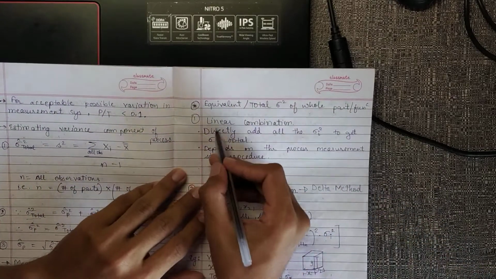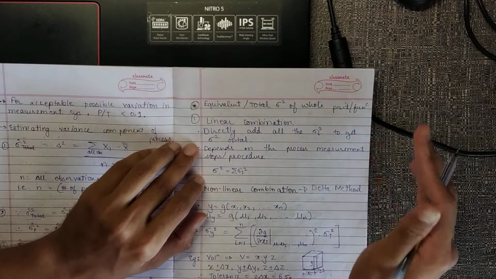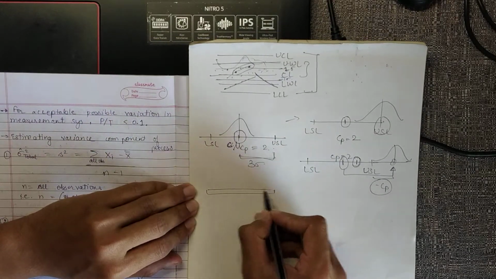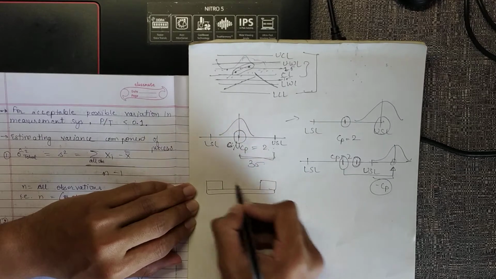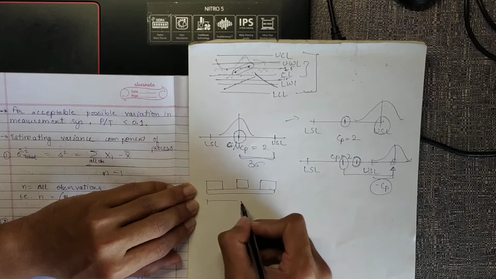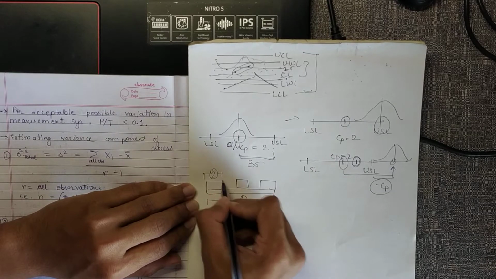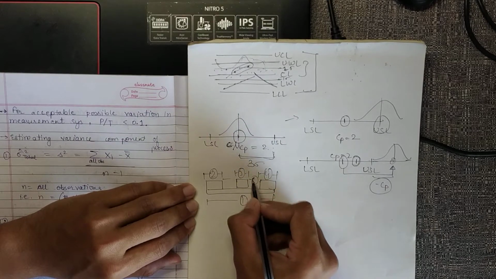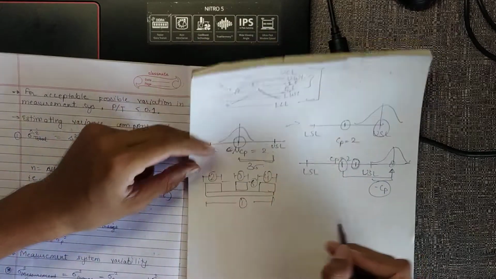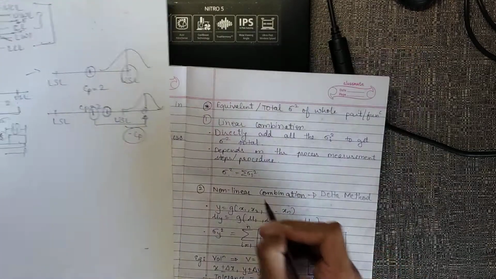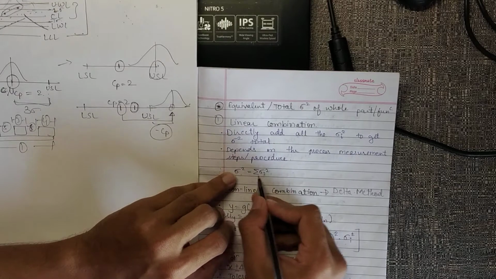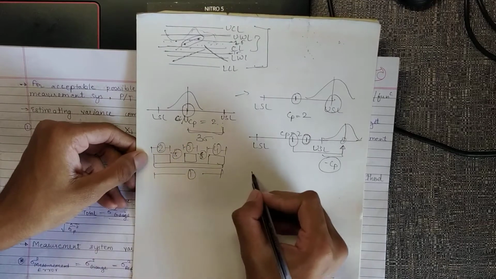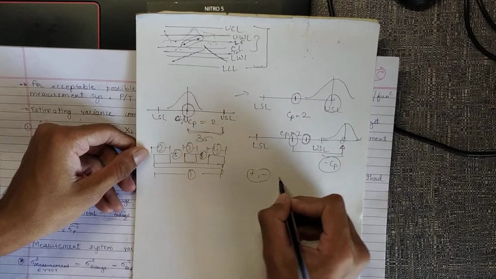So for the assembly, if the assembly has linear combinations of parts, then it is something like this. If our part is this length and we have cut out 2 parts or 3 parts, then there is one measurement, then a second measurement, then a third measurement, and then a fourth measurement, and the extra left thing will be the fifth measurement. So if we are measuring 1, 2, 3, 4 and we want to figure out the standard deviation of the fifth, then what can we write? The standard deviation of the fifth will be the summation of the standard deviations of 1, 2, 3 and 4, which is linear because these are lengths and these lengths will be either added or subtracted. There will be no multiplications.